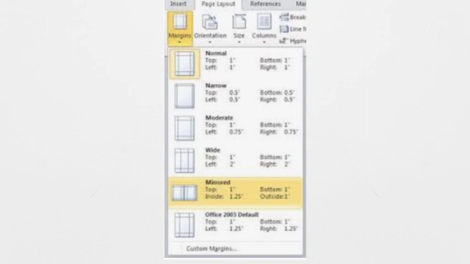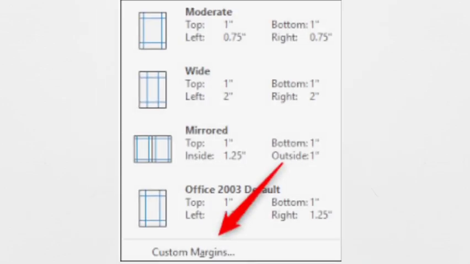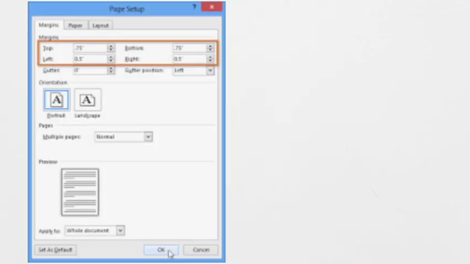Fine. At the same time, if you don't want to apply the margins provided by Microsoft Word and you want to apply your own margin, by default it is 1 inch. If you want to give your own margin which is not in that list, you can change it as per your choice also. For this, simply select the last option there. You can see there is a Custom Margins option. Click on the Custom Margins option in the same list, very down at the bottom. Click on that and you will see a dialog box will appear.